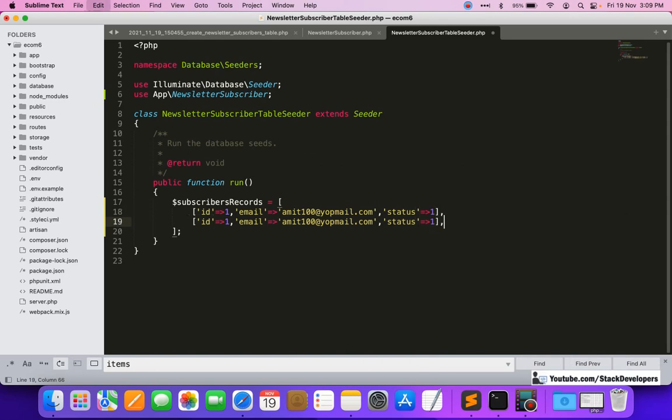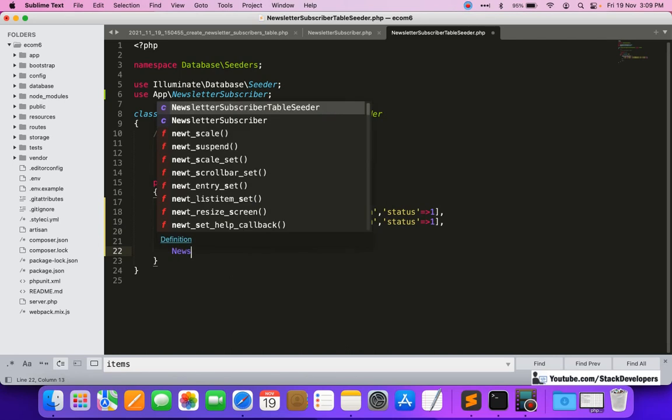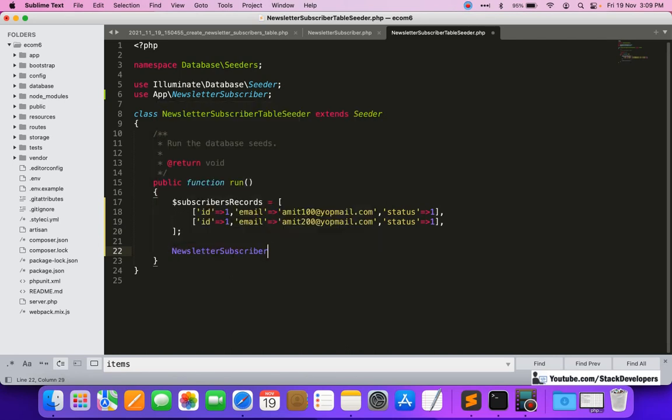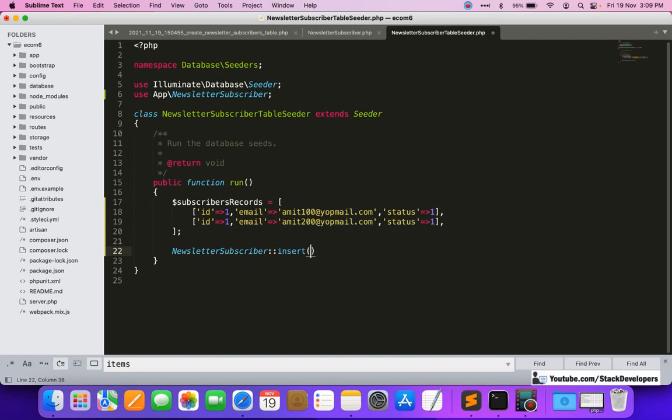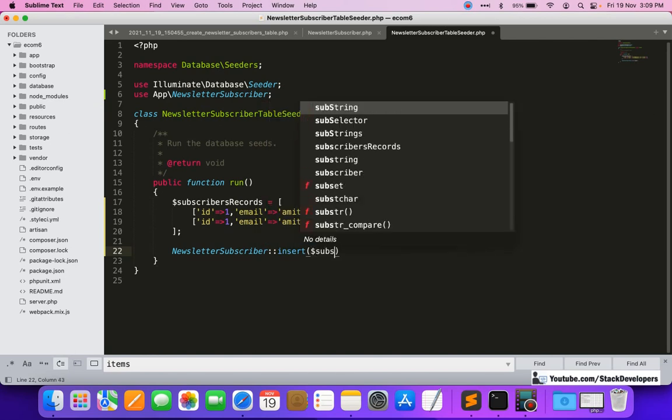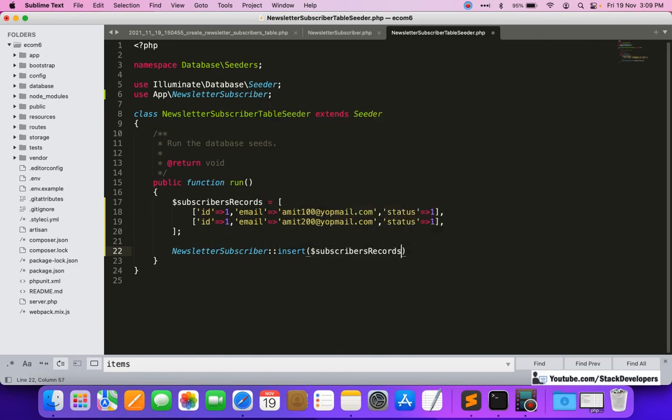Okay, one more entry I'm going to add here, like amit200. Fine. After that we are going to insert these values, NewsletterSubscriber insert subscriber records, like this.